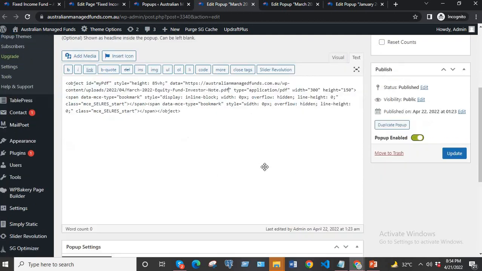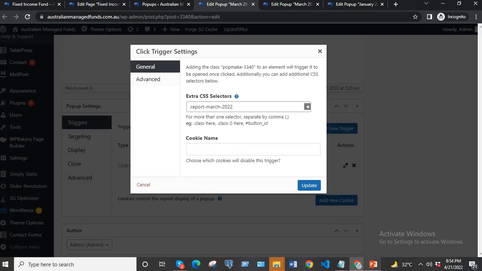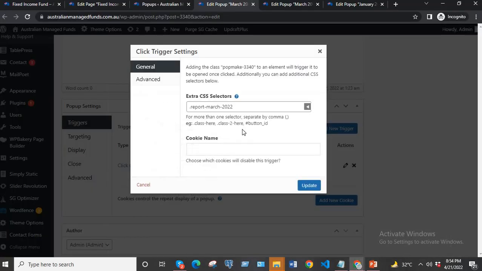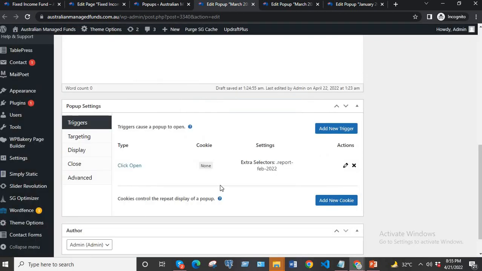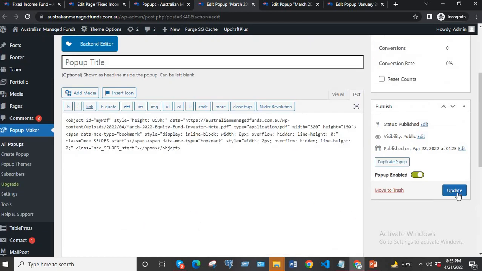And then I'll change the class name. So the class name will be this one, which we have specified in that button, or in the first video I showed you. So I'll just add it right here. Remember to add the dot, and just update it, and you need not worry about any other options which are shown here. Just click on update,